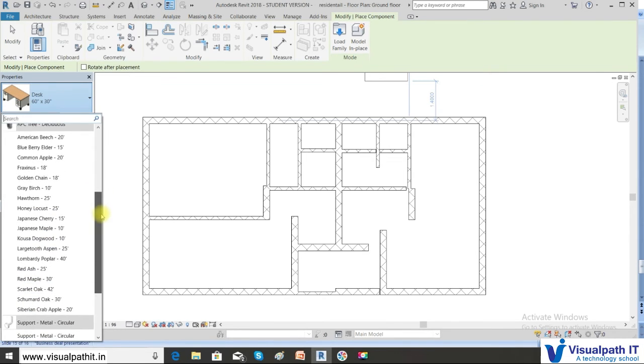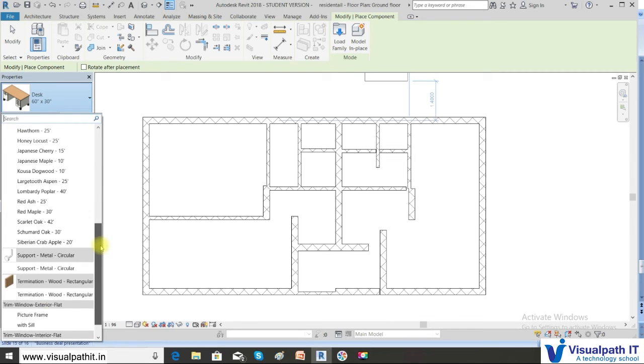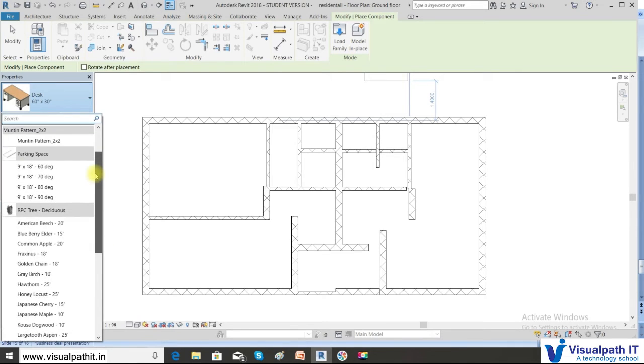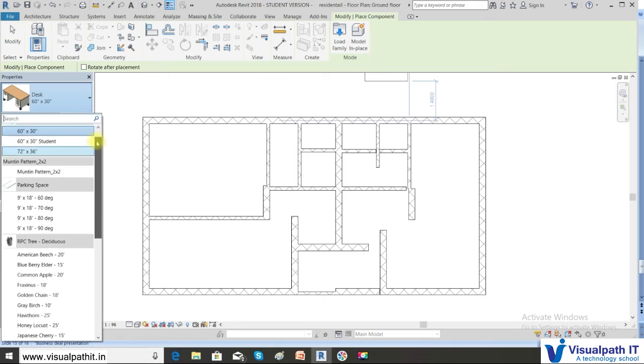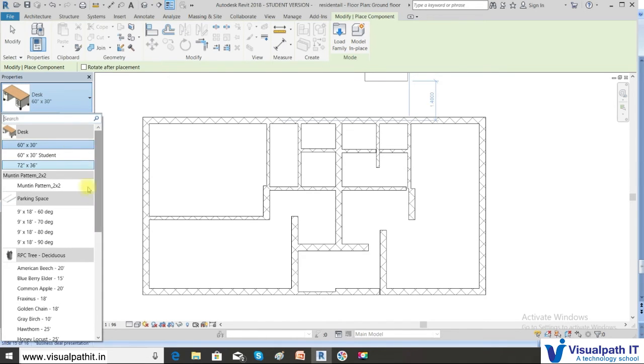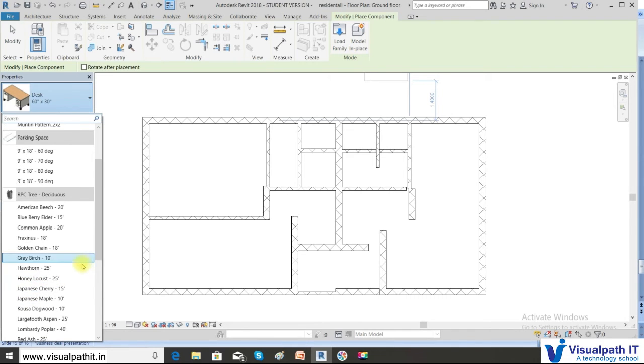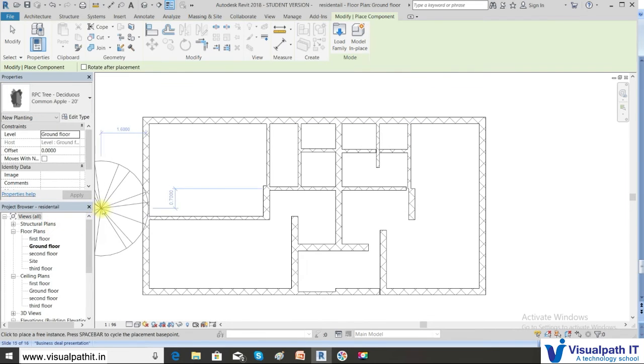Tree is there. So parking space, desk is there. So I'm choosing some kind of a tree, a common apple tree. The apple tree is very big.